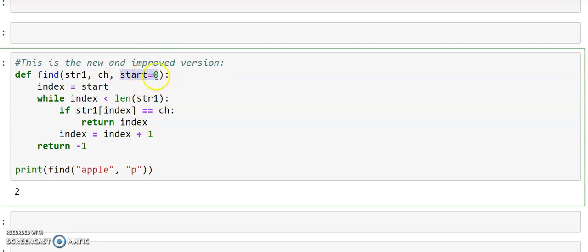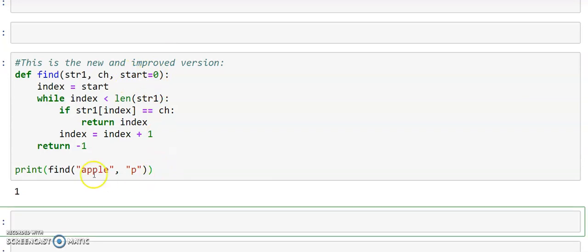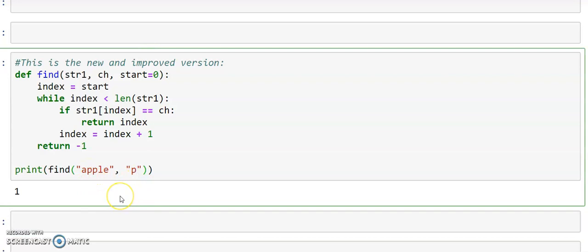Here I've written an argument start, assigned the value 0, and initialize that index with the starting point. In this example, we are passing only 2 parameters, the string and the character to be searched in the string. I am not passing from where to start, but by default I have assigned the starting point as 0. We get the same result as previous, because the occurrence is at the first index, as it searched from the first character. What if it wants to search for the next occurrence of P? Let it not get the same result every time. Okay, for the second occurrence of P, I'll give the starting point as 2.